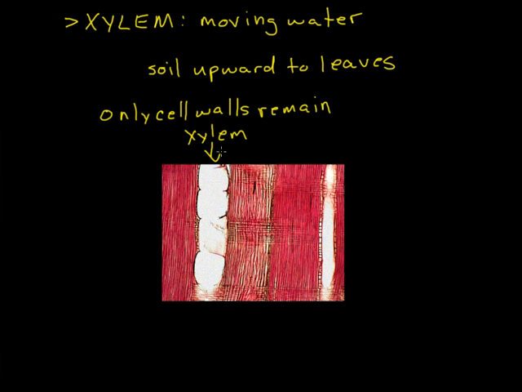Xylem cells grow stacked on top of each other, and they're cylindrical in shape, and when they're mature they die. And as they die, the cell membrane dissipates, all the cell organelles get dissolved, and the ends of these xylem cells also dissolve the cell walls, and so they form these basic pipes and allow water to flow from the roots